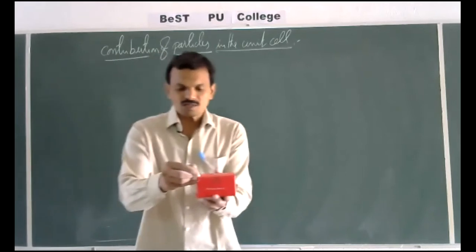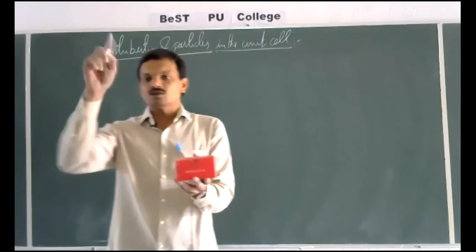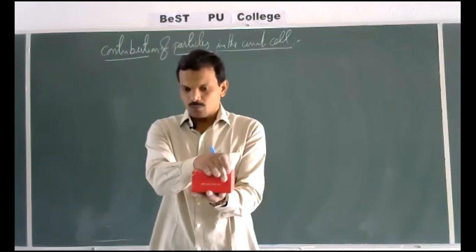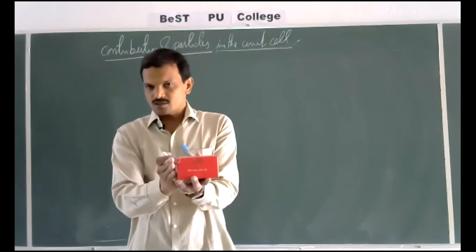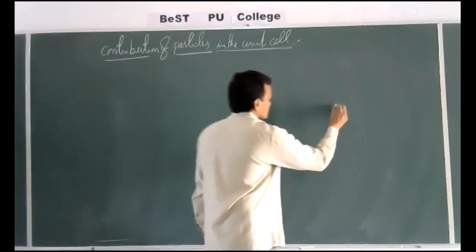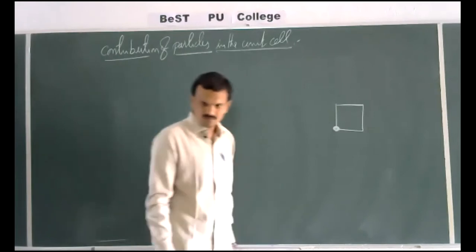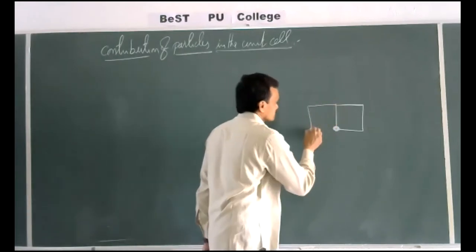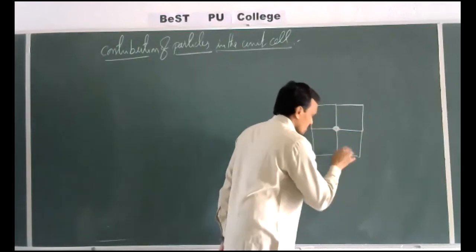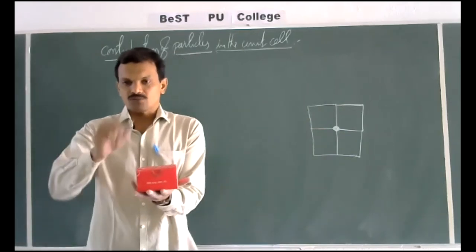Suppose a particle is present at the corner. This corner particle is shared with 8 unit cells, not with 1 unit cell. How is 8 possible? See, this is one box, a cube. From this side, I will add one more box, so 2 boxes. Then from the front side, I will add 2 more boxes. Let us assume this is the box, and this is the corner I have selected. Now, one more box I will add here, 2, and two more boxes here. Now, 4. That means in the plane, this corner particle is shared with 4.